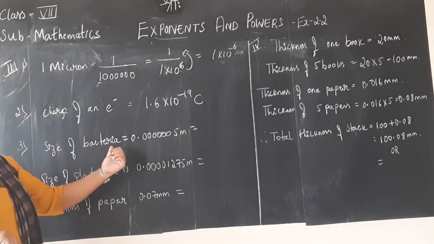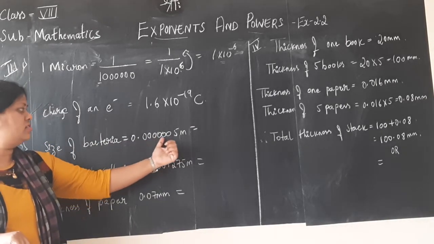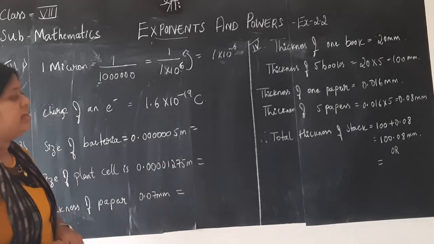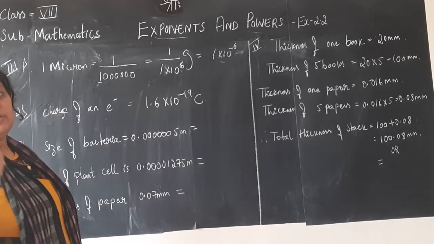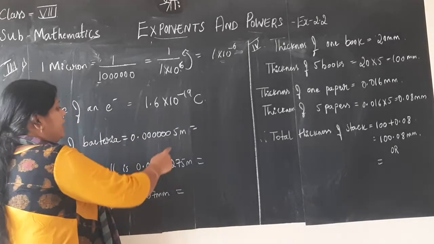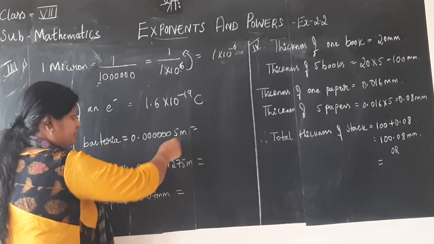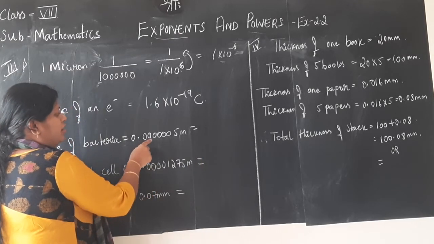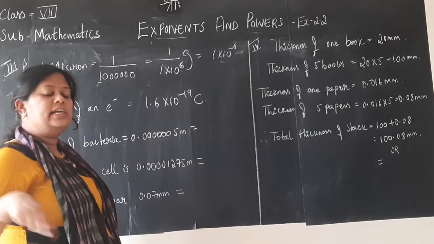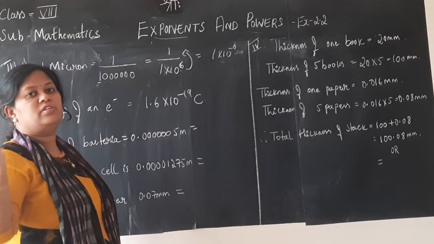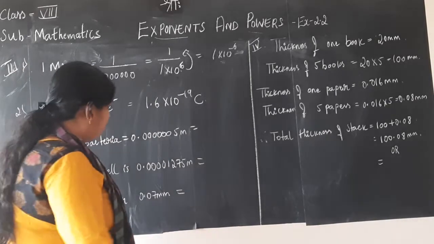The size of the bacteria is 0.00005 meter. To express it in standard form, children, you can use either of the methods which I taught: write 5 in the numerator divided by 10, count the number of digits after the decimal point as the power, send it to the numerator, and you get 5 into 10 to the power minus that number. That way you can do it,